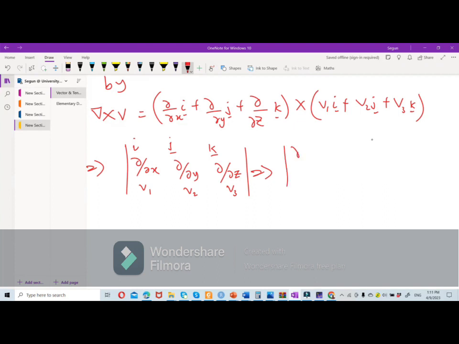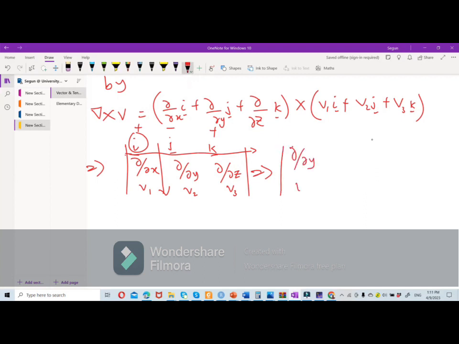Remember, when you pick i, remember plus, minus, plus. When you pick the i component, all these rows will be parallelized. Then you pick this one. The row the i belongs to will also be parallelized. You are left with